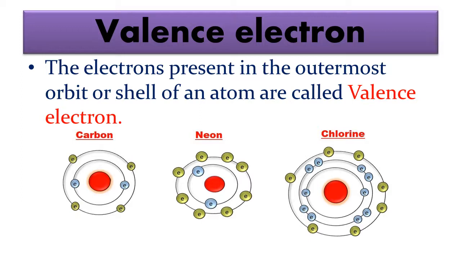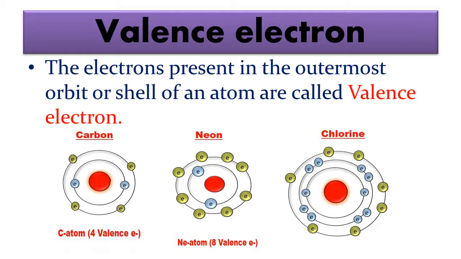In the carbon atom, if we notice, there are 4 electrons in its outermost shell. That means how many valence electrons are there? 4. In the neon atom, a total of 8 valence electrons are there. That means a total of 8 electrons are in the outermost or last shell of a neon atom. So here the neon octet state is complete, because it is completely filled with 8 electrons.